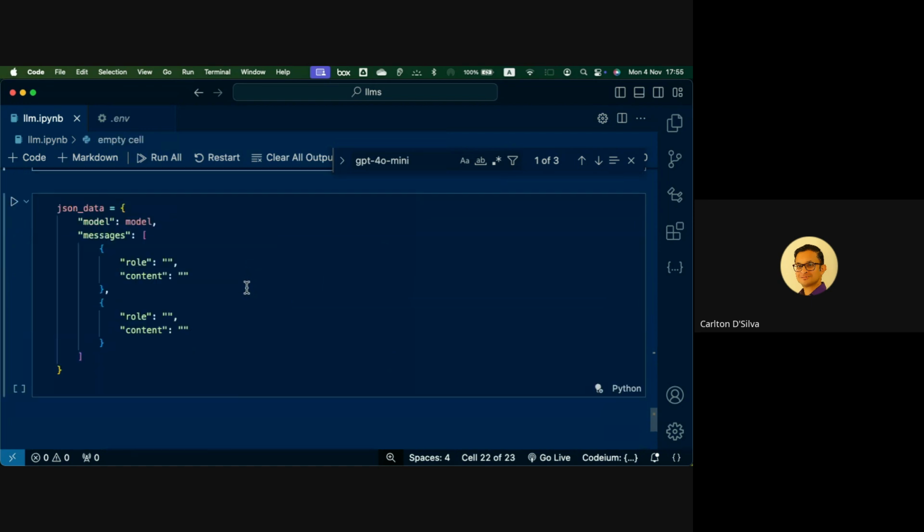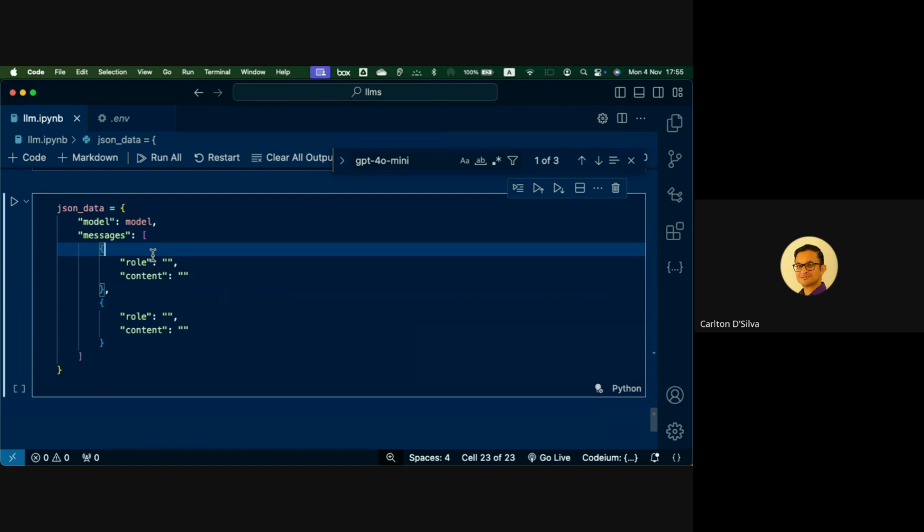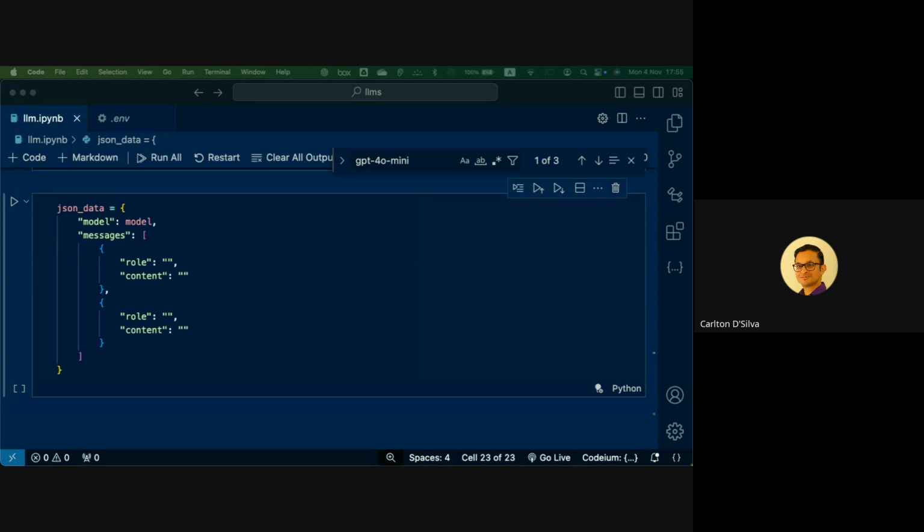Now, what's this role and content? If you think about it, when you're interacting with GPT, there are two roles in that application. Can anyone tell me what the two roles are? User and system. Okay, why do you say that?